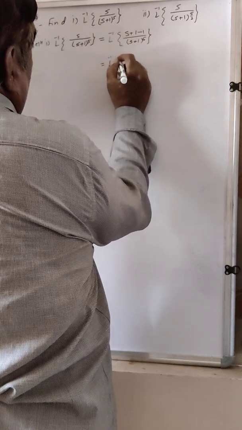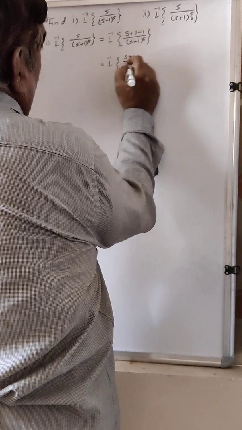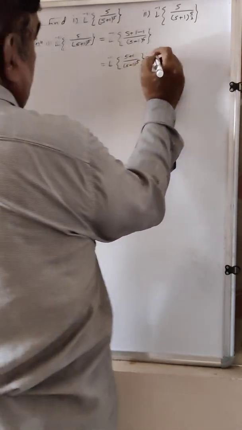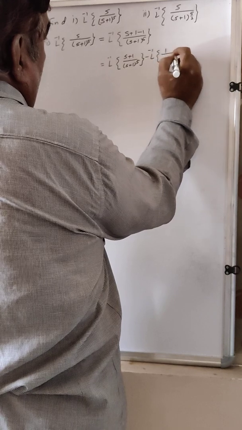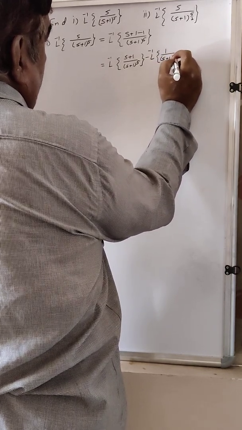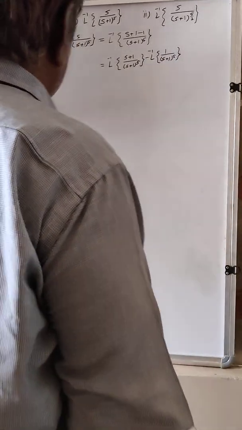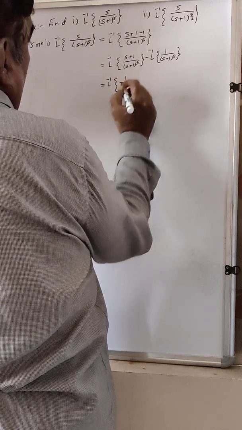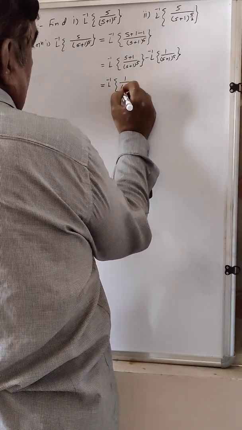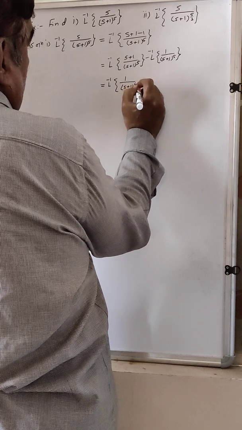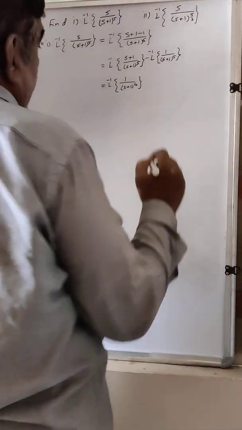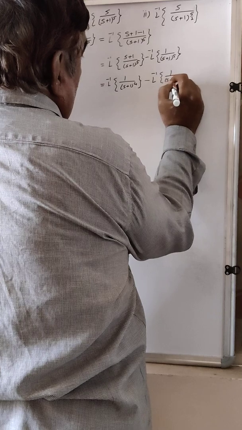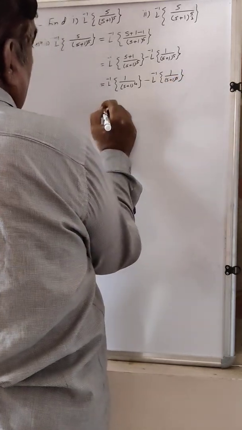By linearity property, Laplace inverse of (s plus 1) upon (s plus 1) raised to 5, minus Laplace inverse of 1 upon (s plus 1) raised to 5, is equal to Laplace inverse of, here s plus 1 gets cancelled, 1 upon (s plus 1) raised to 4, minus Laplace inverse of 1 upon (s plus 1) raised to 5 is equal to,